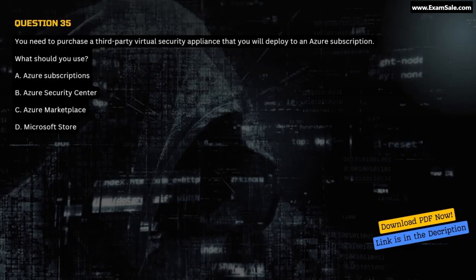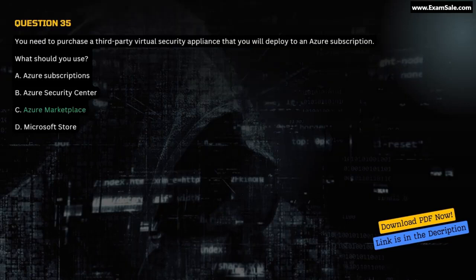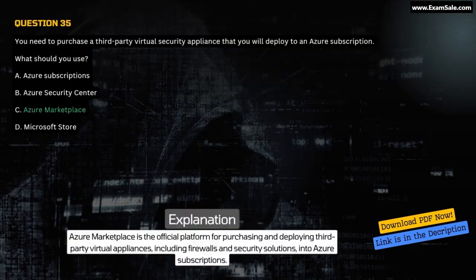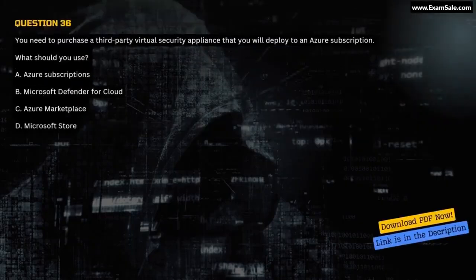Correct answer, C. Azure Marketplace. Explanation. Azure Marketplace is the official platform for purchasing and deploying third-party virtual appliances, including firewalls and security solutions, into Azure subscriptions.